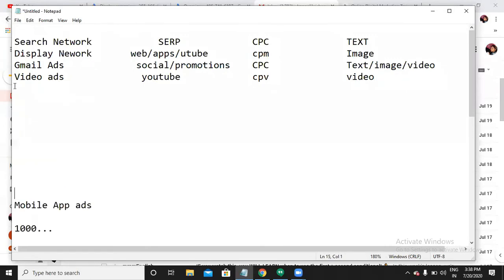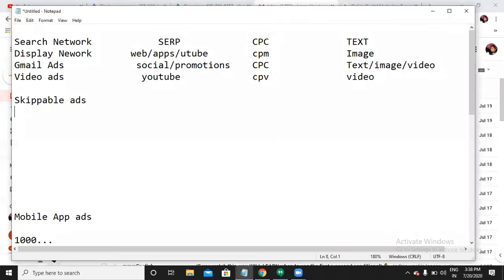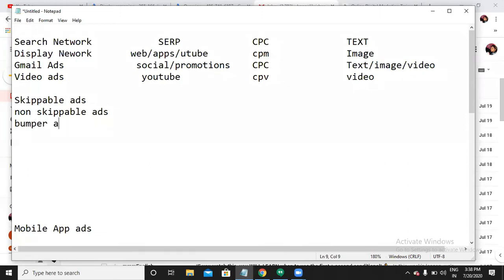Banners, ads before the video opens, skippable and unskippable ads, skippable ads, non-skippable ads, bumper ads, non-skippable bumper ads, discovery ads, and ad sequence also.